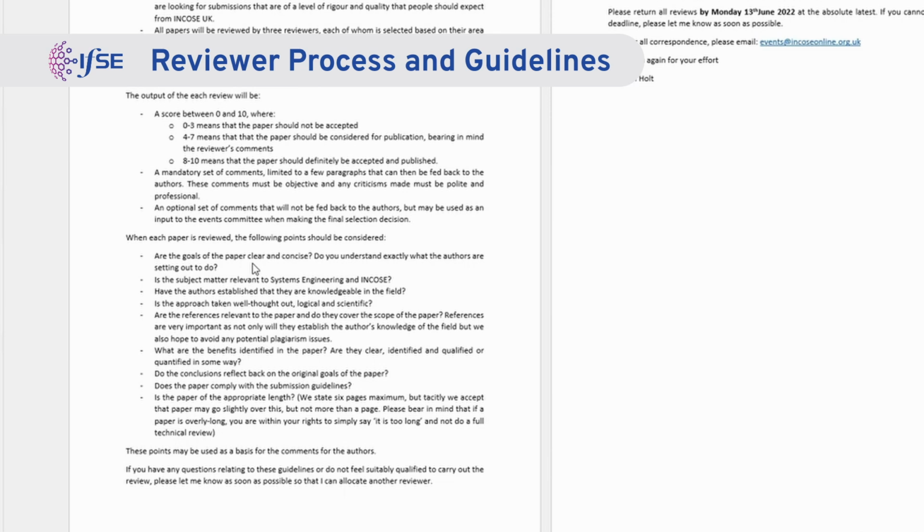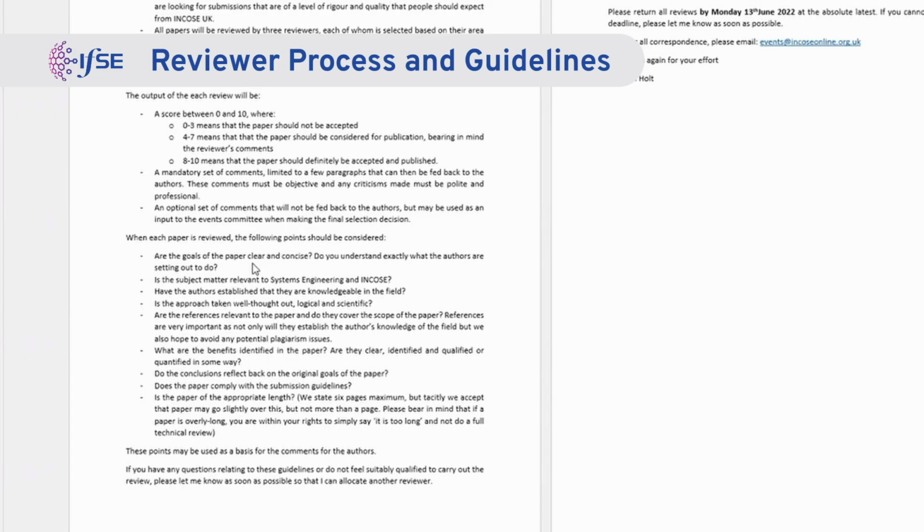Because if you've got a rambling introduction, or it's ambiguous, or it's not clear, then it's really not possible to say whether the paper's been successful or not. So that's something to make very explicit at the beginning in the introduction. As I mentioned earlier, what are the aims of the paper? State them explicitly, do them as a bullet list if you want to, but make sure that they're very clear.